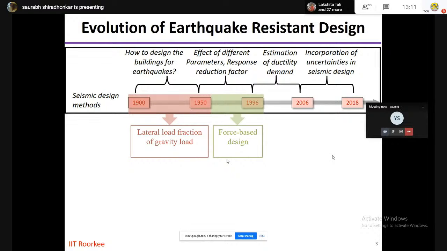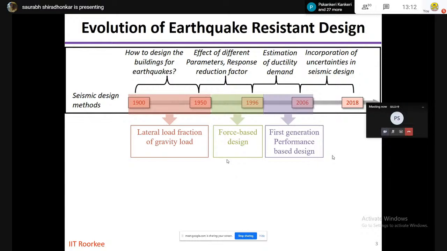The disadvantage is that these methods don't actually comment on the actual capacity and the actual deformation that is happening onto the structure. So then we have moved to first generation performance-based design. These started developing from the year 1995 to 2010. These are now getting accepted in advanced countries like USA, particularly in the California region, where there is